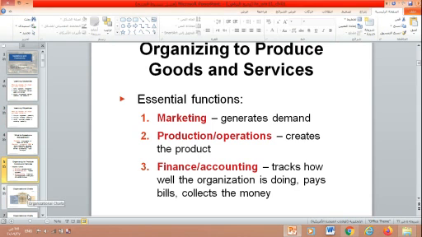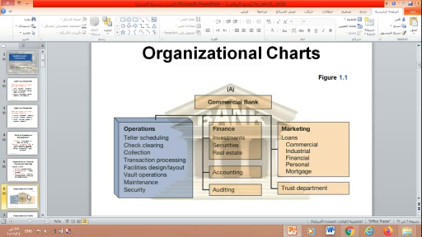Okay, the next slide shows different kinds of organizations, such as banking, airline, universities, or manufacturing firms. All businesses perform the 3 main functions, which are operations, finance or accounting, and marketing. For example, the first organizational chart is for a commercial bank, which provides banking services for customers. The table shaded in blue focuses on the essential function of the organization, the operations function,